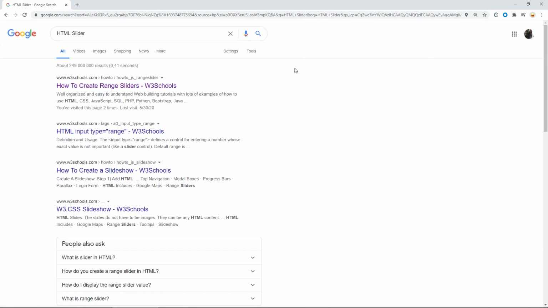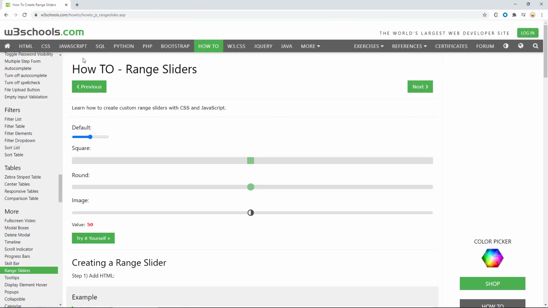I'm using Google Chrome right now as a web browser, and you'll see this really useful website called w3schools.com. Here there are a couple of examples on sliders and how they are created and how they work.